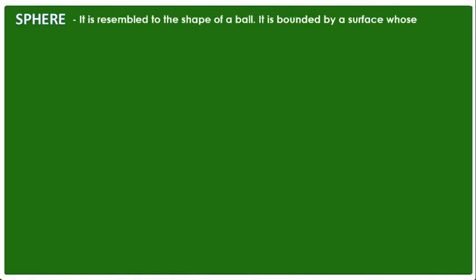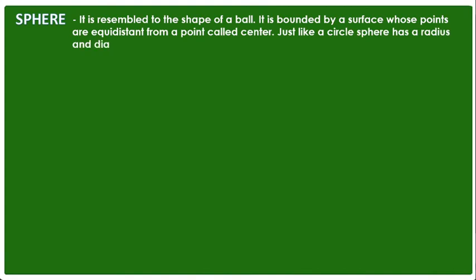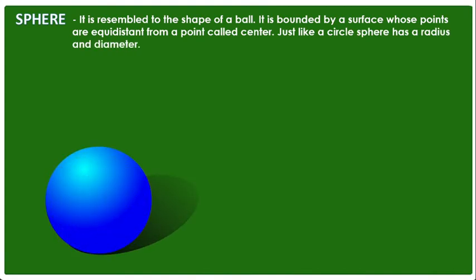What is a sphere? A sphere resembles the shape of a ball. It is bounded by a surface whose points are equidistant from a point called the center. Just like a circle, a sphere has a radius and diameter. So this is an example of a sphere object or sphere figure. The center,